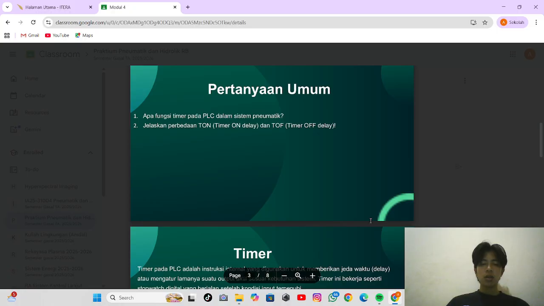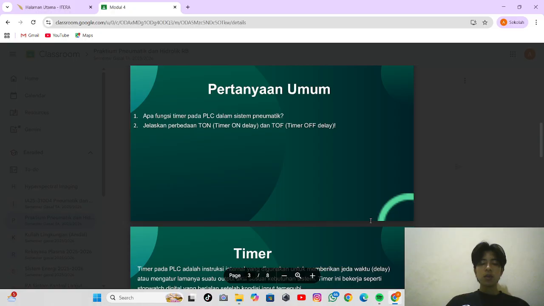A timer on delay means that the output is activated only after the timer has reached the preset value. For example, if the delay is set to 5 seconds, the output will turn on after 5 seconds from the moment the input is activated.